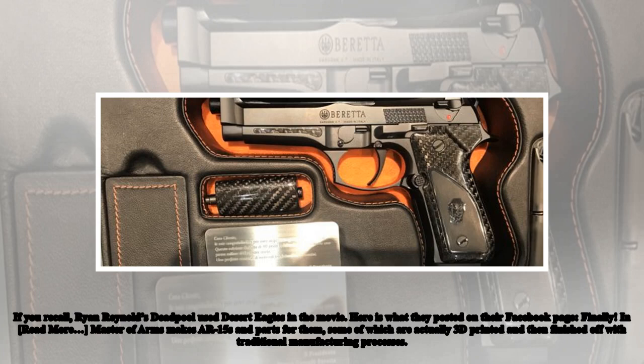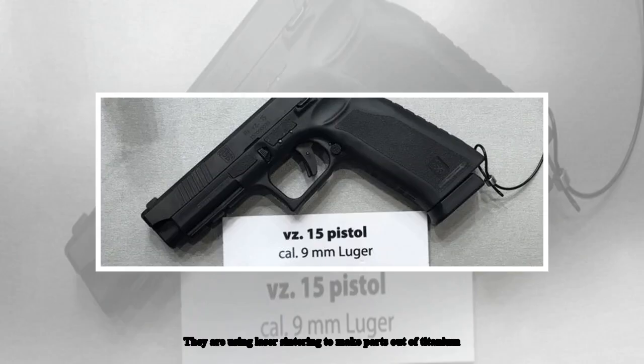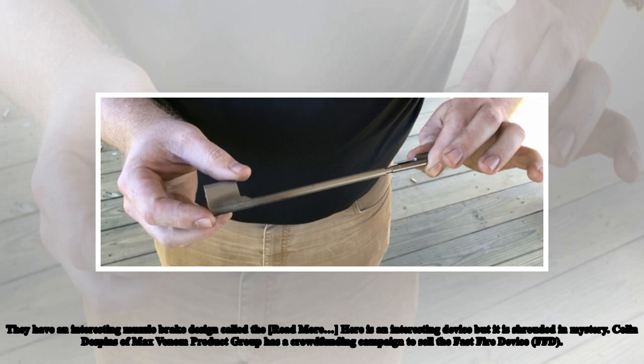Finally, Master of Arms makes AR-15s and parts for them, some of which are actually 3D printed and then finished off with traditional manufacturing processes. They are using laser sintering to make parts out of titanium. They have an interesting muzzle brake design called the